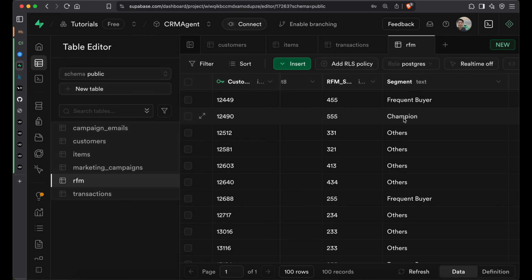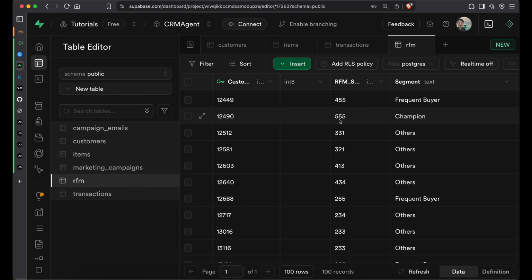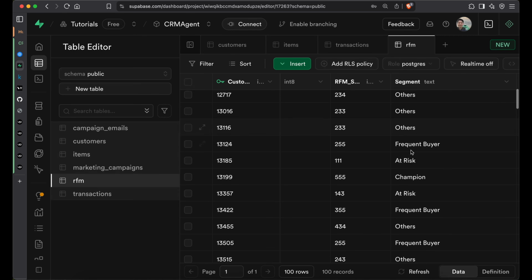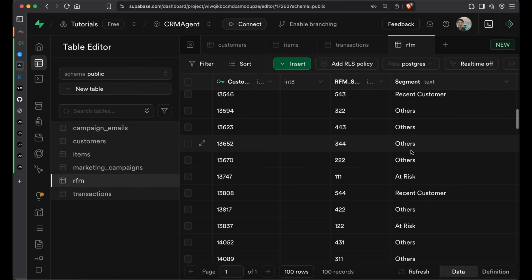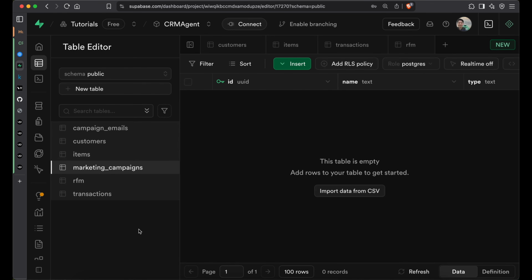A champion is someone who has a top 20% score or a 5 in every category. And similarly, there are other segments here. And then lastly, we have our marketing tables, which will be empty since these are the ones that the agent